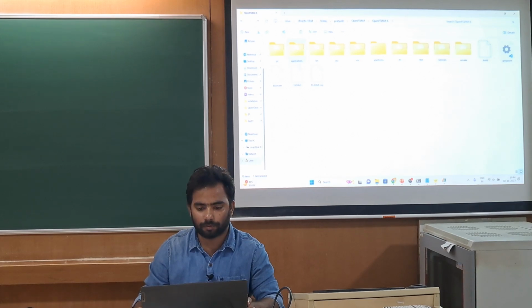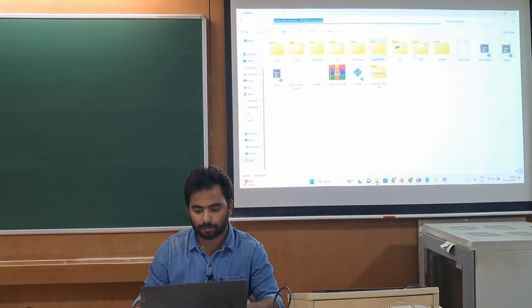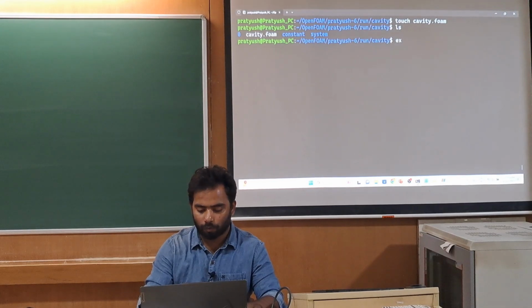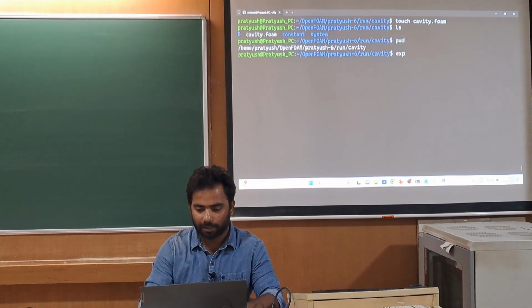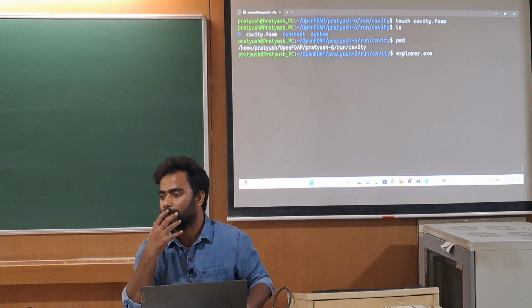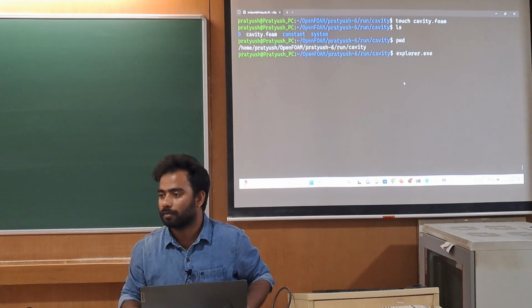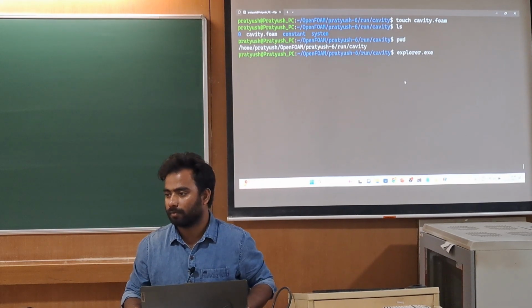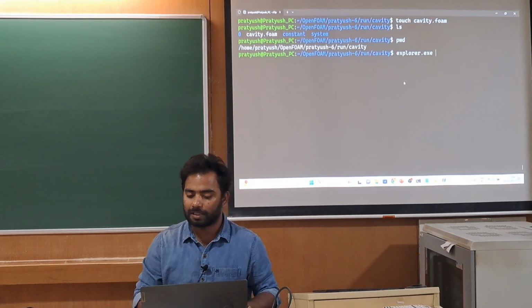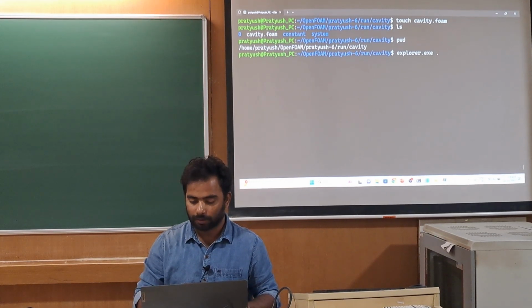Everyone has opened ParaView. If you want to open the present working directory in Linux, you can type explorer.exe and a dot.